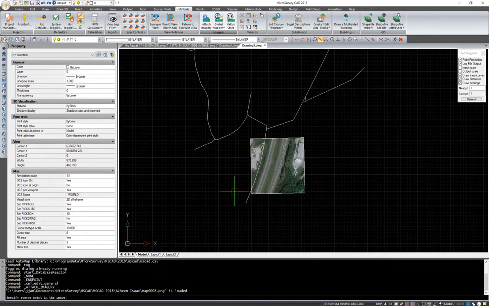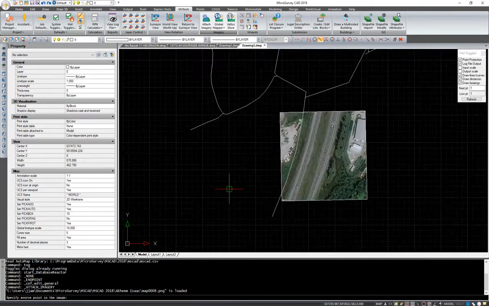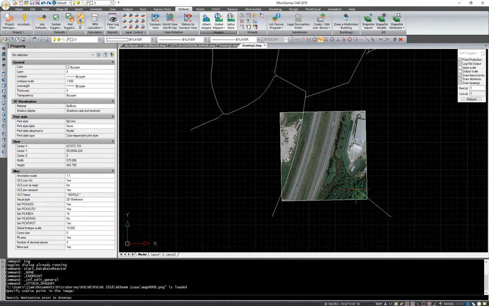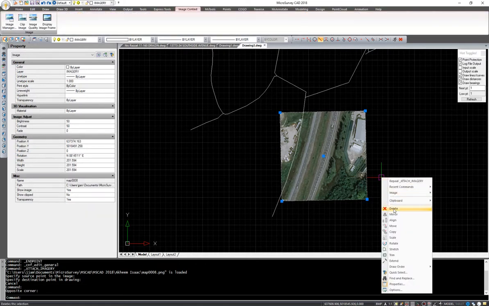So you can see what the problem is. We've got lovely imagery, but it doesn't cover the whole area. So now what we want to do is capture some further tiles that will align with each other adjacently. Okay, so to do that, I can use this first image as a guide. So what I'm going to do is copy that first image,